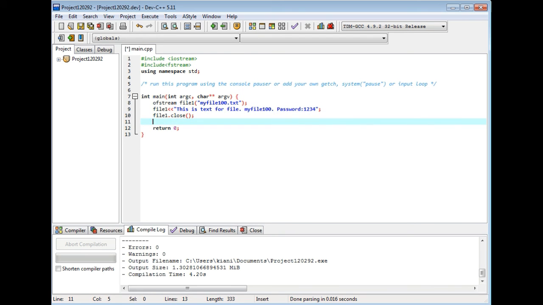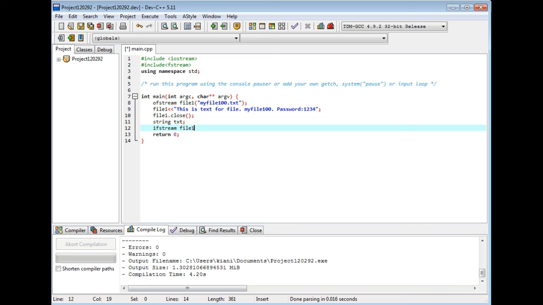Now we read this file. How to read this file? We declare a string, string text, and ifstream to read it, file1, myfile100.txt, so it will read the text.